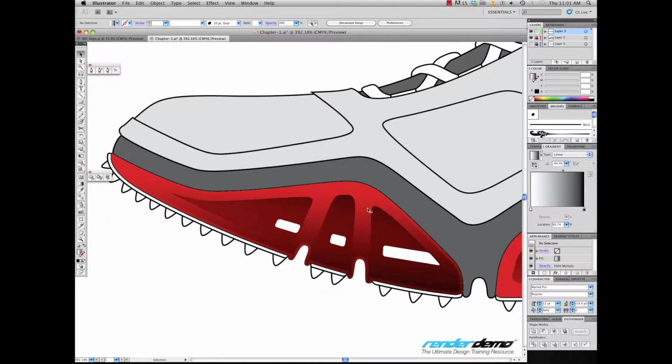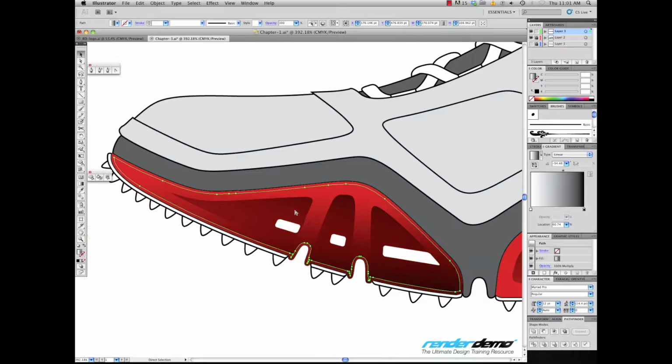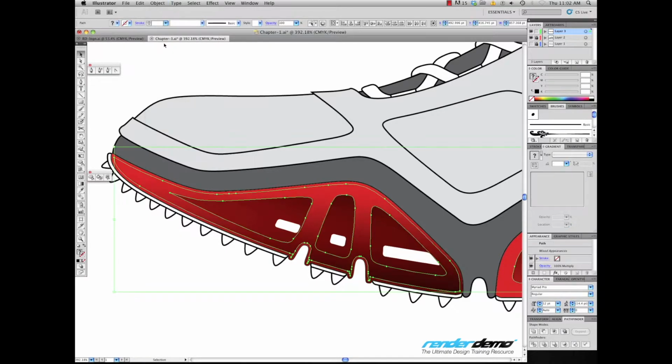You can really start to get a little bit more definition happening. Now what you want to be concerned about also is when you do multiply layers, because I'm multiplying one on top of the other, it's actually multiplying over top of another multiply, so you're getting like a double effect happening. So if you want to get rid of that, one thing you need to do is just grab